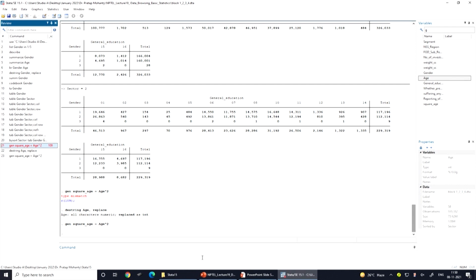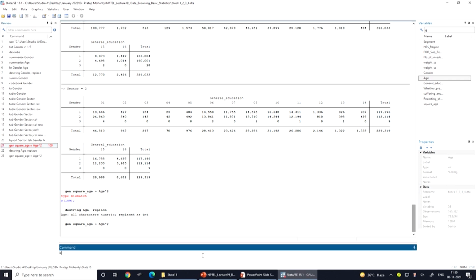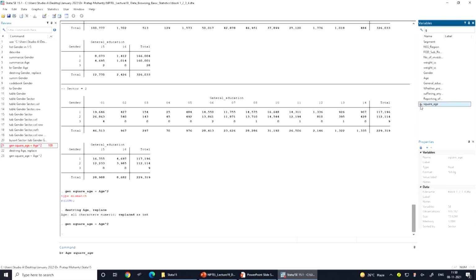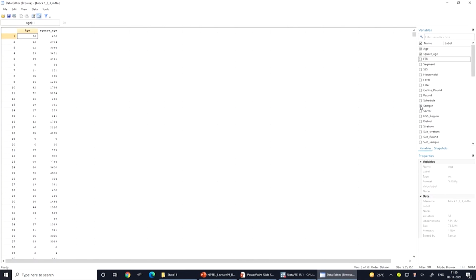Browse these two variables together, age and square of age, and have a comparison. Age 20 has been squared as 400, 52 is squared to 2704, 6 is 36, and so on. All have been squared.